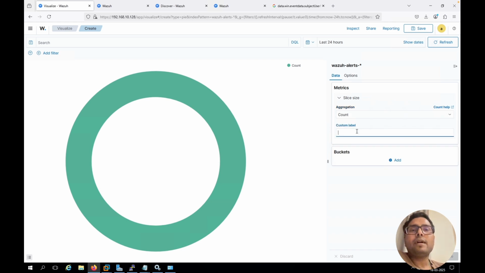Regarding custom label, you can label it any custom label you want, but I am not doing this now. I'll do this later. In the bucket, click add, click split slices. Don't click split chart. If you click split chart, then it will make multiple pie charts, one for delete, one for modified, one for add. That means in this case 3 pie charts will be created. So I will select the split slice, so one pie chart will be created,